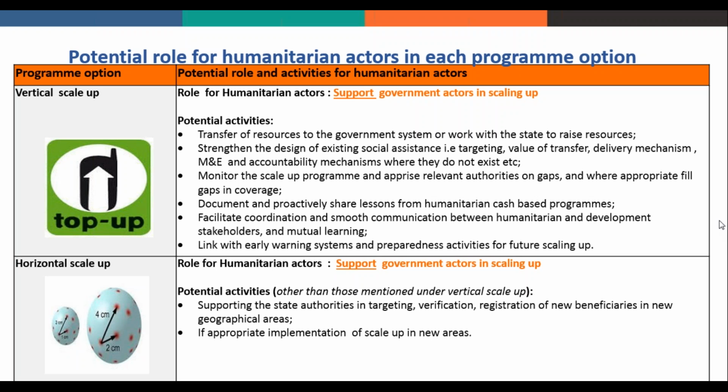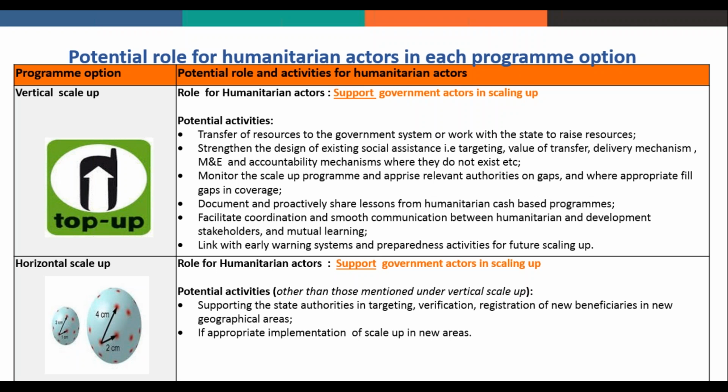So in that context, the leadership of the program has to be with the government, because social protection is the responsibility of the government. But at the same time, there is a role for humanitarian actors, and that role is that of supporting the government actors in scaling up, whether it is vertically or whether it is horizontally. And some of the activities or tasks that humanitarian actors can embark on include transfer of resources to the government system,